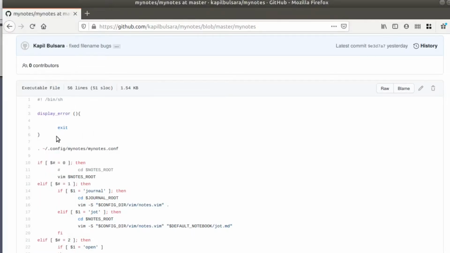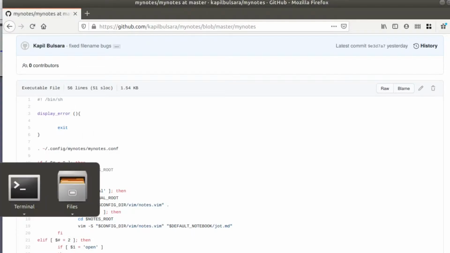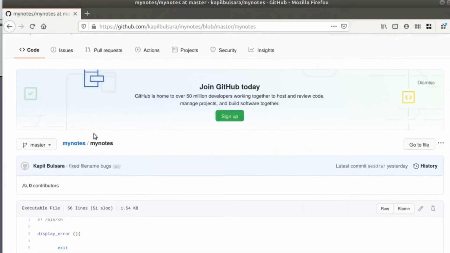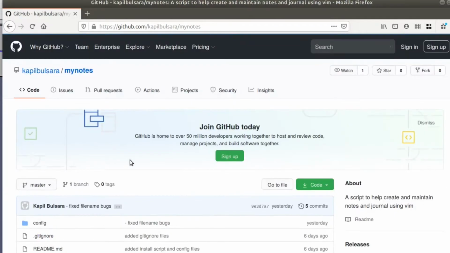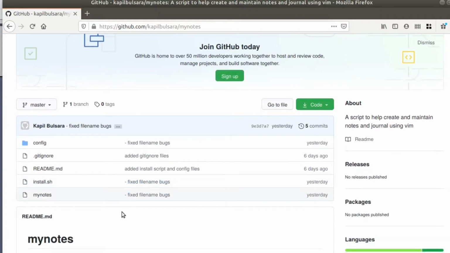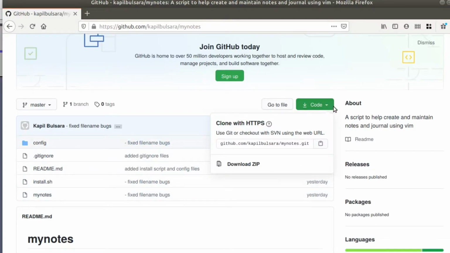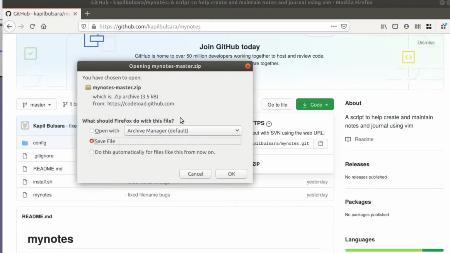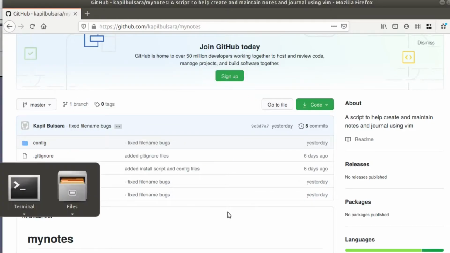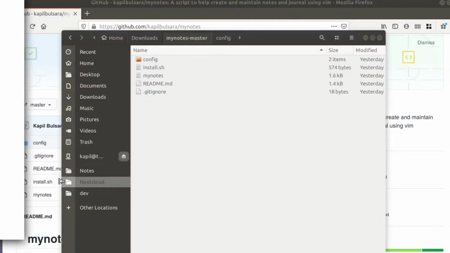Alright, so how do you get started with this? If you go to the GitHub page, the link should be in the description down below, and click this code button. And if you use Git, you can copy this link and clone the repository, or you can just simply download the zip folder. And for the purpose of this video, we're going to use the zip file. So once you download it and extract the files,